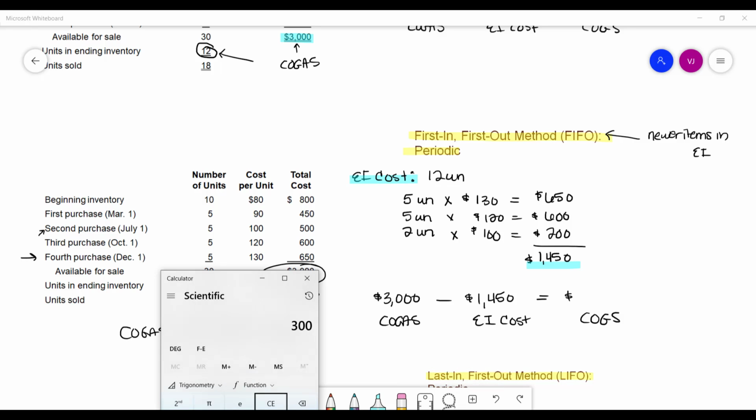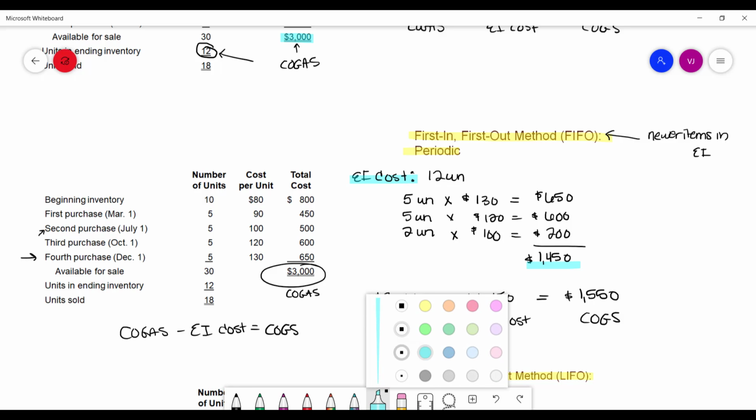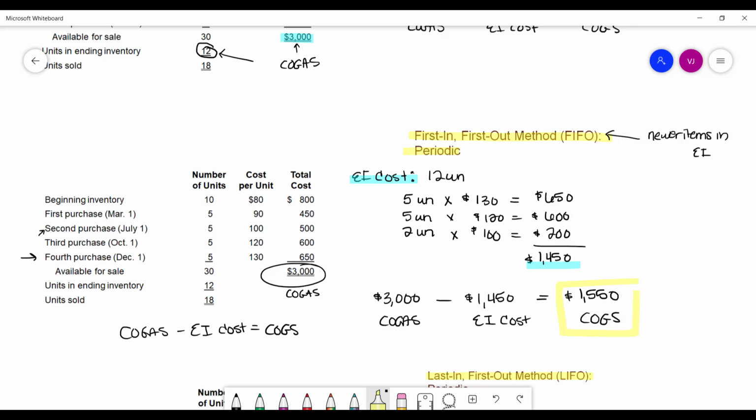So we'll take 3,000 minus 1,450, and that gives us $1,550 of cost of goods sold under the FIFO method here. Okay, so the calculation is the same. It's just how you end up finding ending inventory cost is different depending on which method we're using